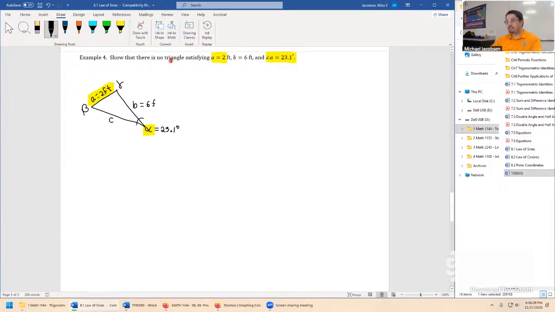Well, we're told there's no such triangle satisfying this information, and we could solve for possibly a side length C, except angle gamma is unknown. So if we started to try to use law of sines in this way, C over sine gamma equals, maybe it's A divided by sine alpha. This is a big problem for us because this side right here has 2 unknowns with 1 equation. So this tells us law of sines can't be used in this situation. We have to have 3 known values and just 1 single unknown.